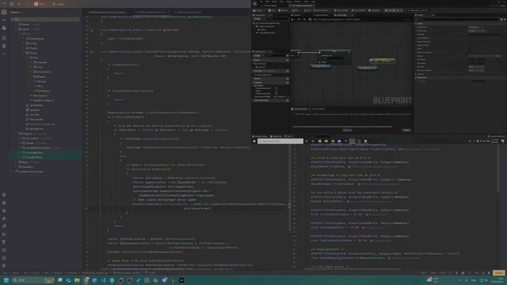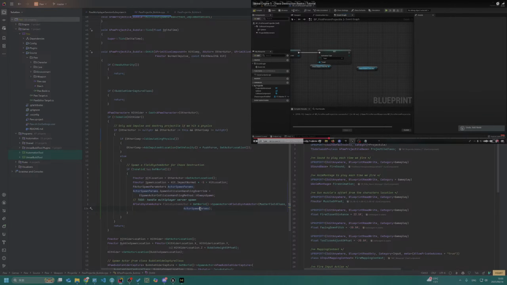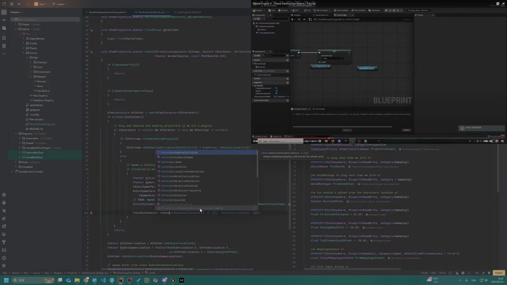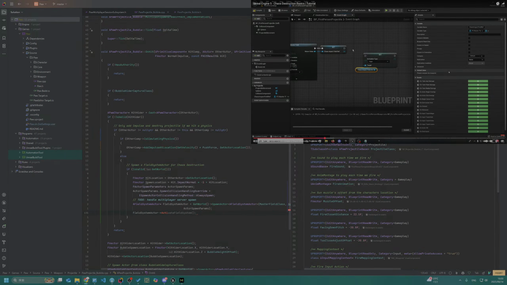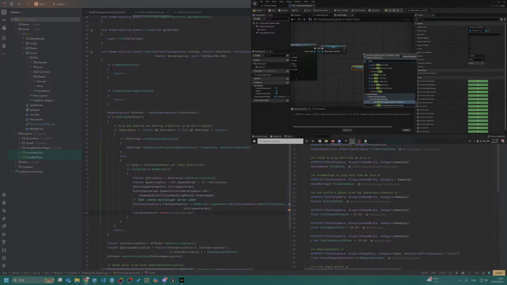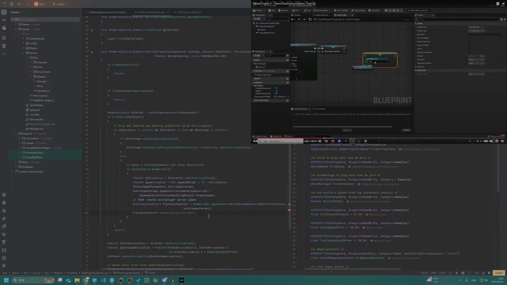Activation type target trigger. What is that? You can drag it and get this now. Get activation type and set that. Set activation type. What is activation type?